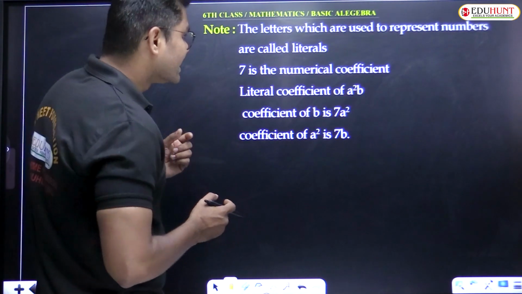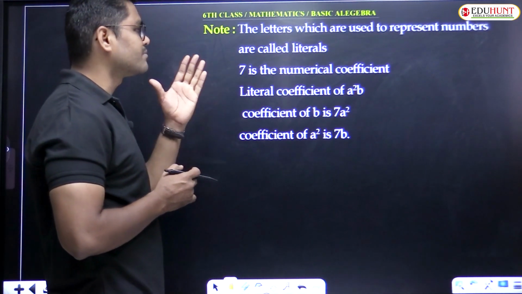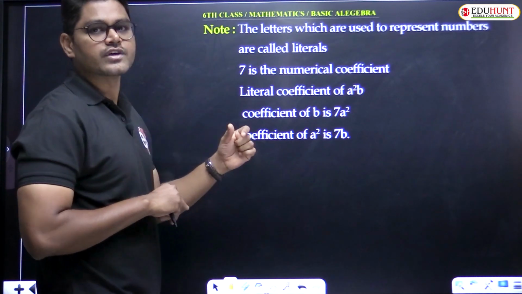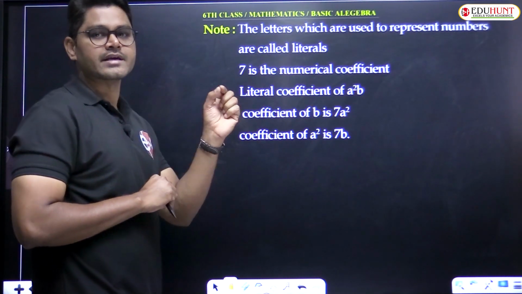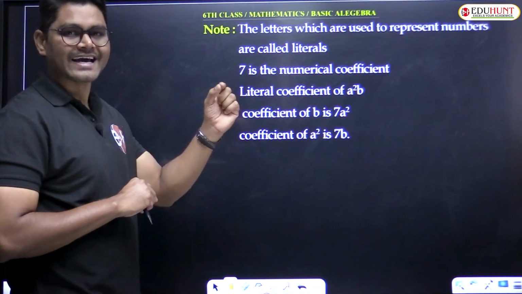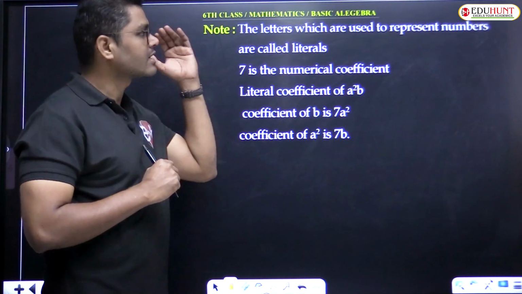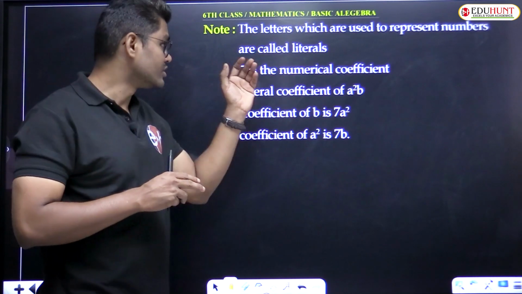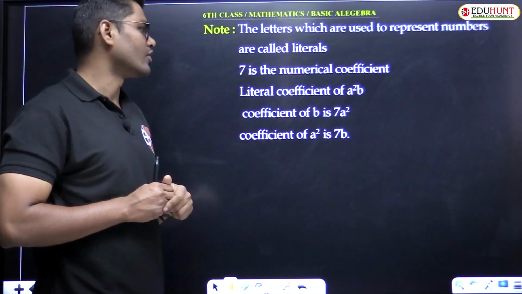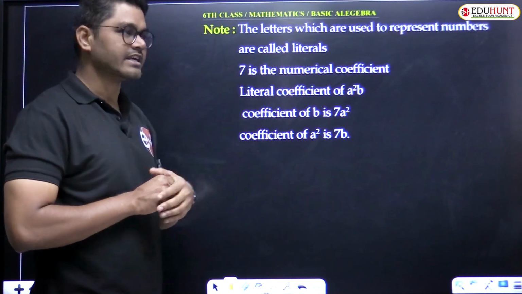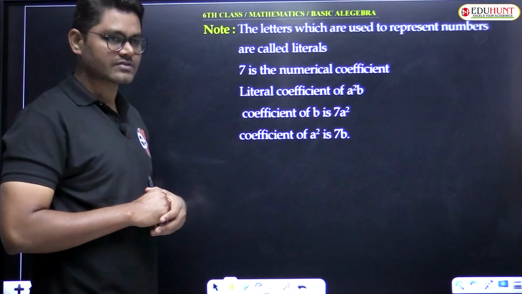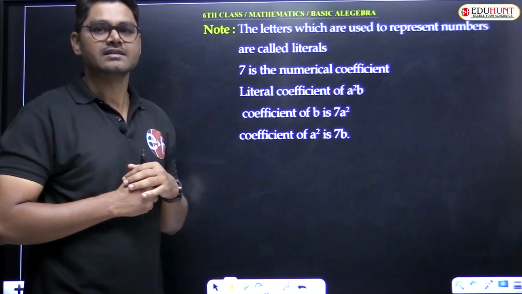That's it. The letters which are used to represent numbers are called literals. What letters do we use? Alphabet. That means A, B, C, X, Y, Z, K, L, M, N, and so on. These are used to represent numbers. They are called literals. 7 is the numerical coefficient. The literal coefficient of a square b is 7, the coefficient of b is 7a square, and the coefficient of a square is 7b,